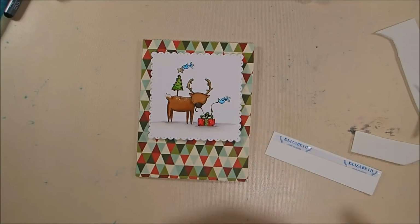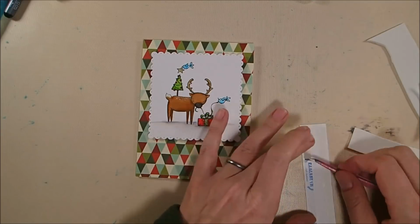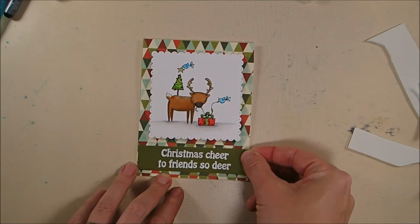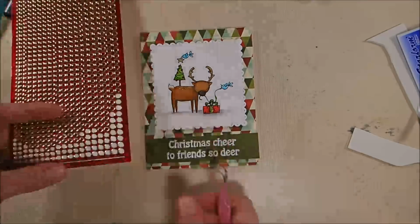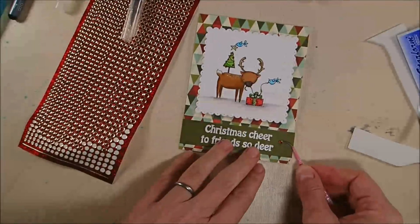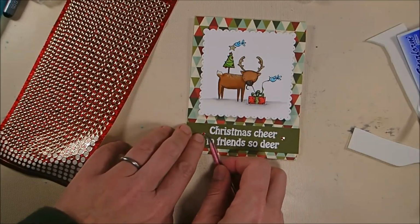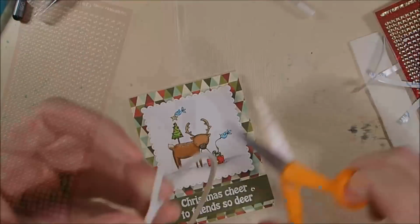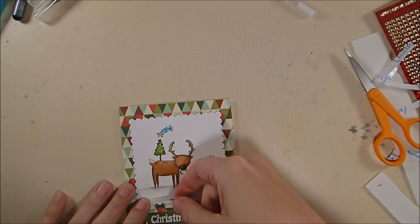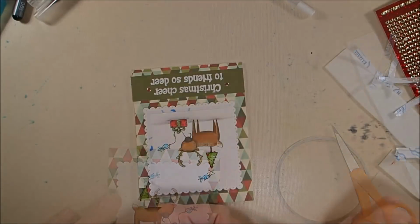And now I'm going to adhere my greeting in place, again with some 6mm double-sided adhesive tape just to the front. And it was at this point that I thought I was kind of missing something. So I decided to grab my glitter dots in red and gold and add 2 glitter dots to either side of the greeting for a little extra glittery goodness on a Christmas card. But it still felt like it was lacking something. So that's when I pulled out my 3mm double-sided adhesive tape and added it to the sides of the die